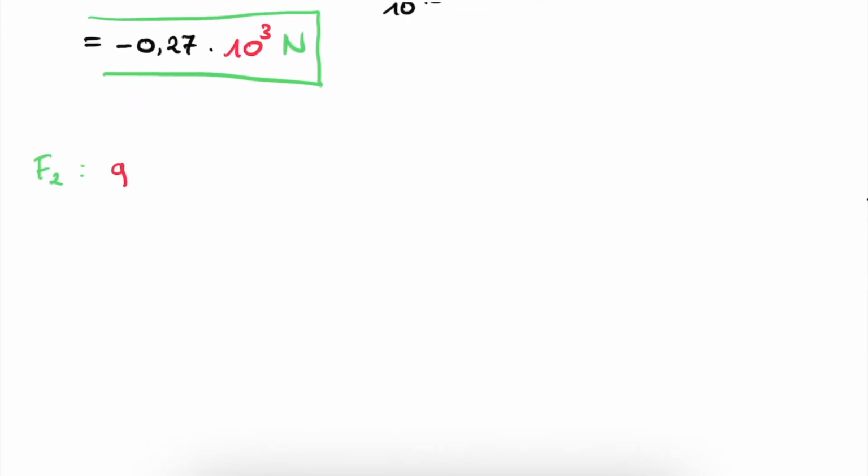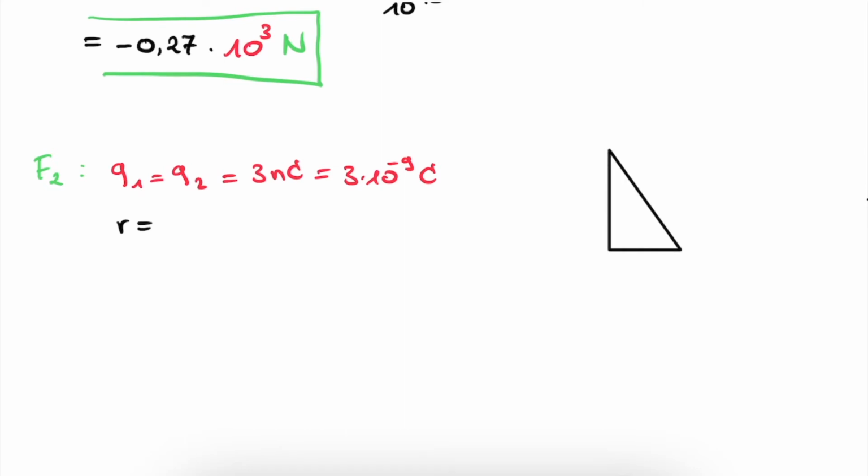We know that Q1 is equal to Q2, the two charges that we're looking at, which are both equal to 3 nanocoulombs, which is of course 3 times 10 to the power of minus 9 coulombs. And then for the distance, we can use the following. So let me redraw this right-angled triangle. We know that this is the right angle. This is 5 micrometers. This side is 10 micrometers, which allows us to calculate this r with the help of